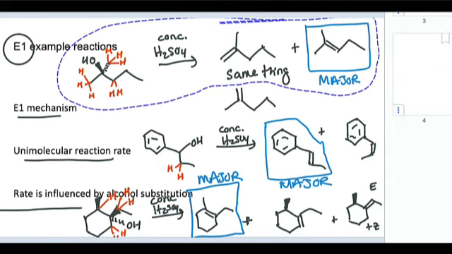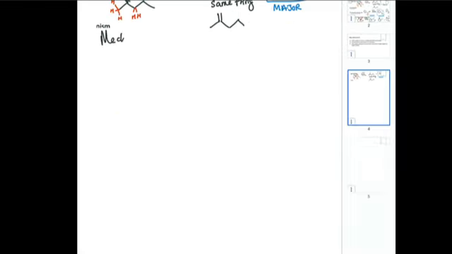So let's take this reaction for an example, and we'll draw out the mechanism so that we can then draw out the energy diagram. All right, and so the first step in this mechanism